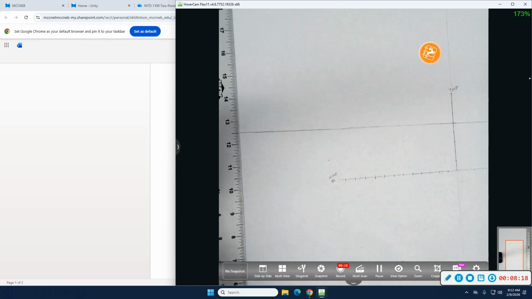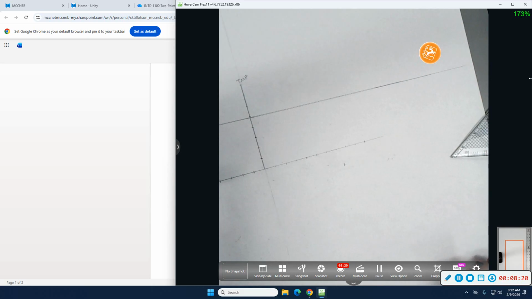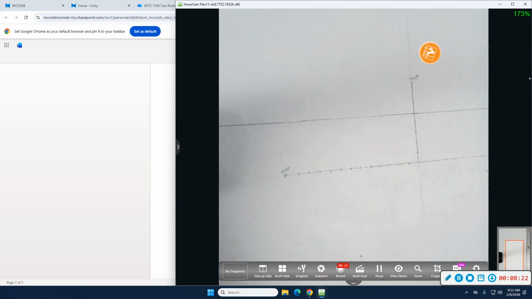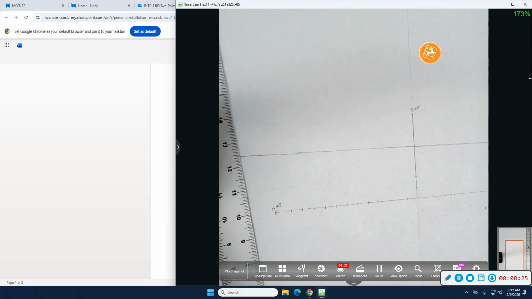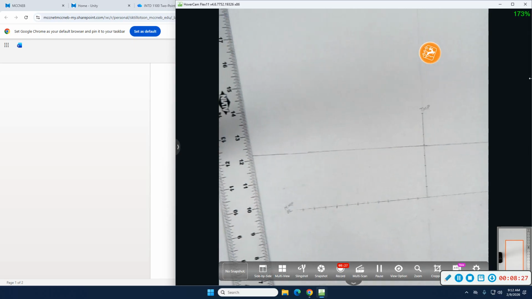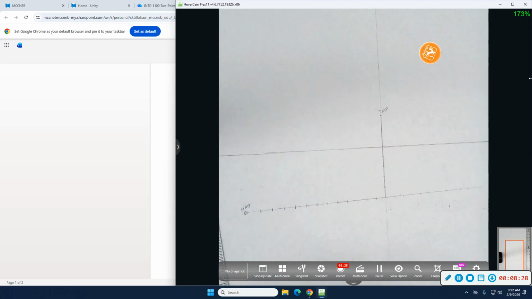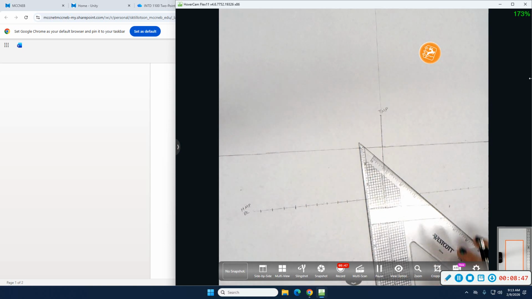So now I have my line extending all the way across the page. It's a little bit tilted, but at least you can see more of it. What we need to do now is find our vanishing points. And how we're going to do this is we're simply going to set up